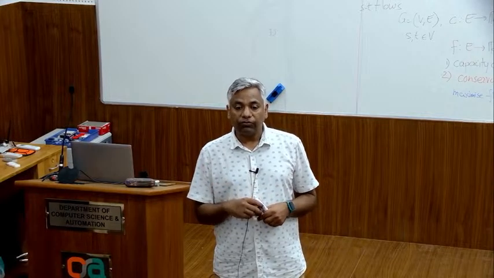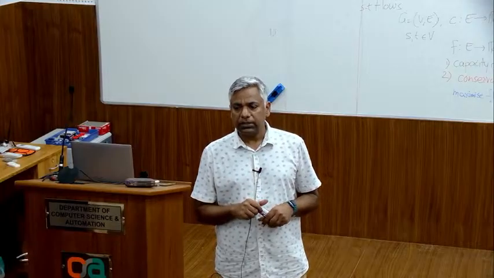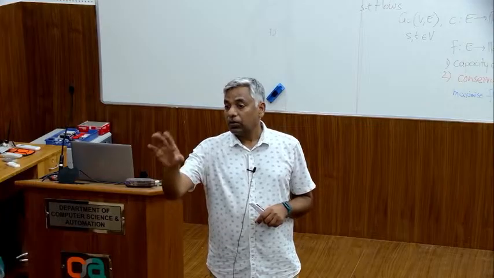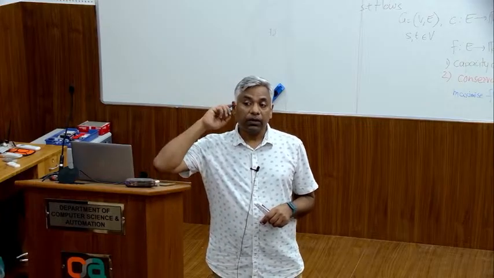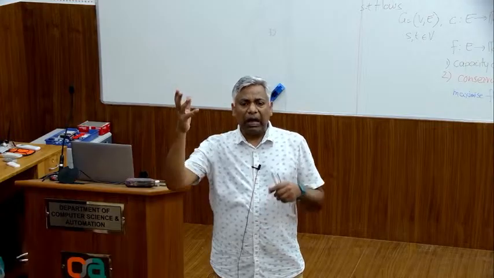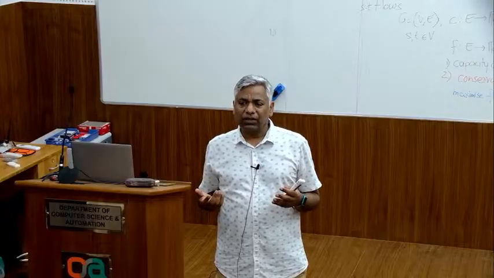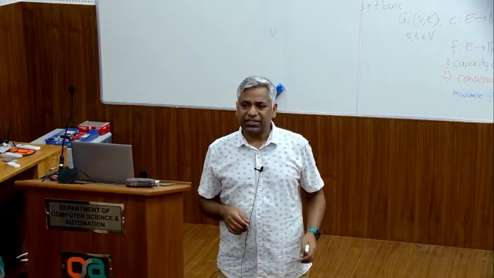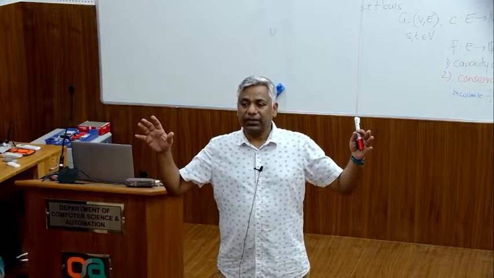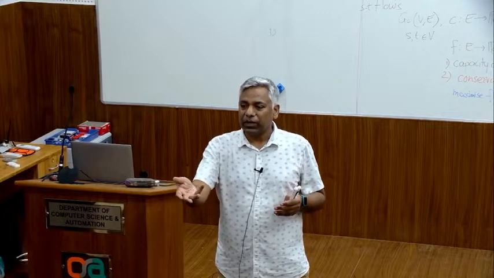Give a cut of capacity 10. Is that all that's needed? No other cut should be there with capacity less than 10. How will I convince you that there is no other cut like that? Right? How many cuts are there? How many ST cuts are there in the graph? Exponentially many, right? So when we talk of certificates, we talk of small certificates, something that you can quickly check,